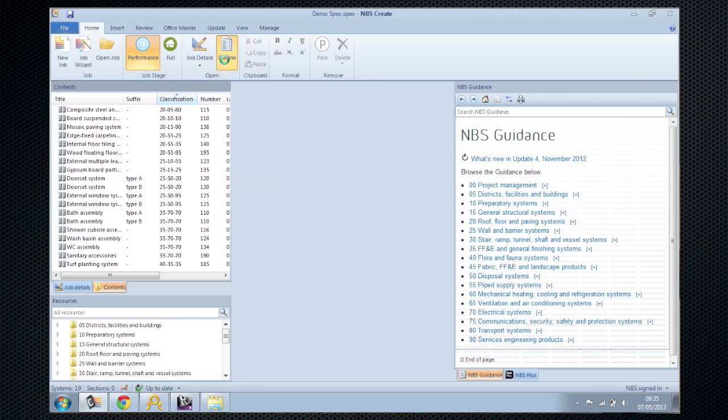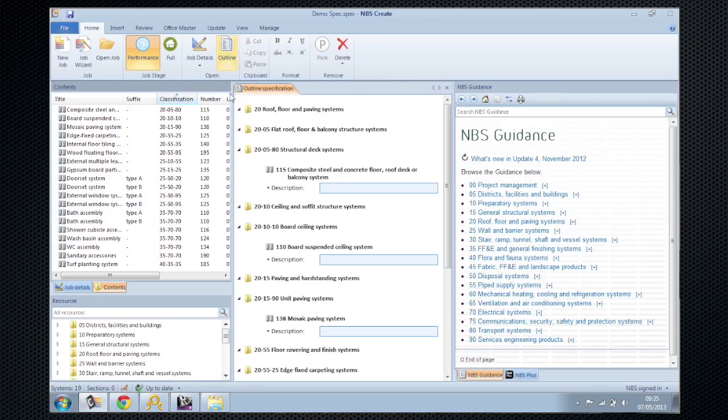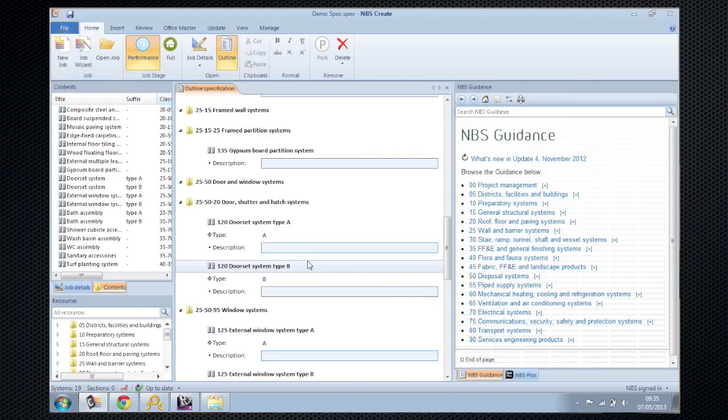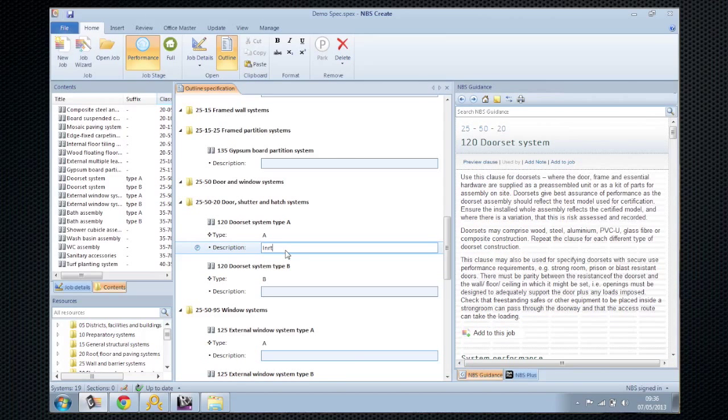I click outline, and we can see the outline specification. At an early stage, you're not going to want to write a lot of detail about these items, but I could come down to the door sets, for example, and against door set type A, I could write in internal door, low spec. So maybe write a little bit about design responsibilities, maybe capture some of the client's brief,